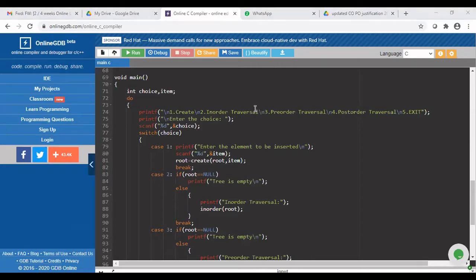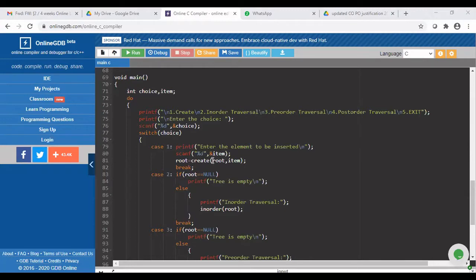It is a binary search tree actually. You can do any binary tree, even a heap tree, which we discussed in the morning. For simplicity, I started with the binary search tree. So now you are going to create the binary tree. You get the element to be inserted from the user, so you read the value of the element to be inserted, and I'm storing it in a variable called item. After that, I have to call the function create.